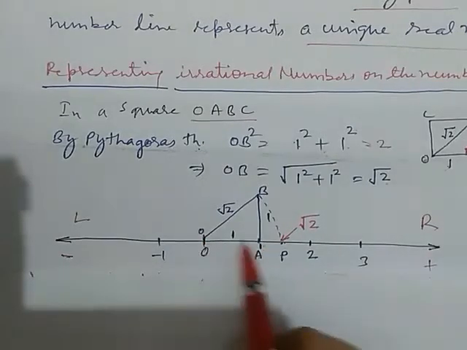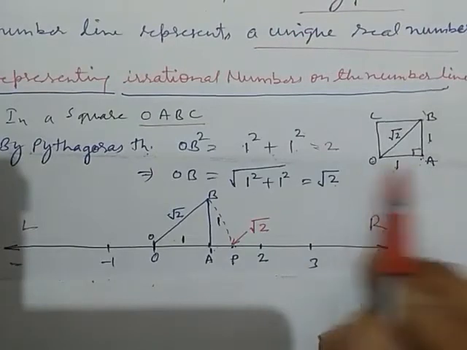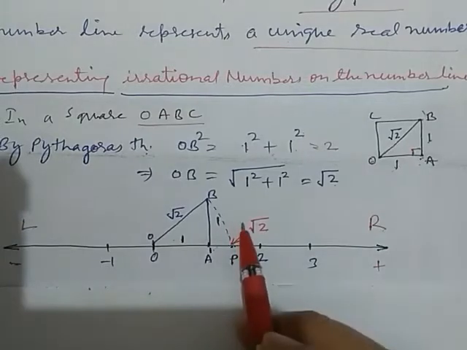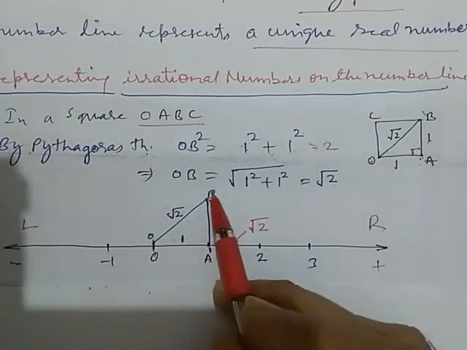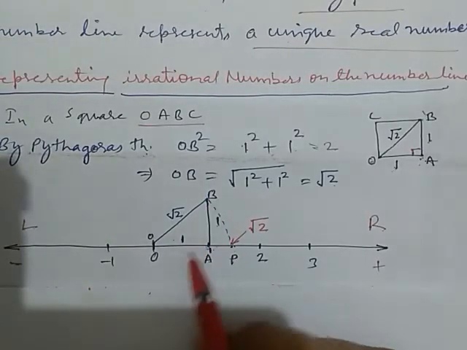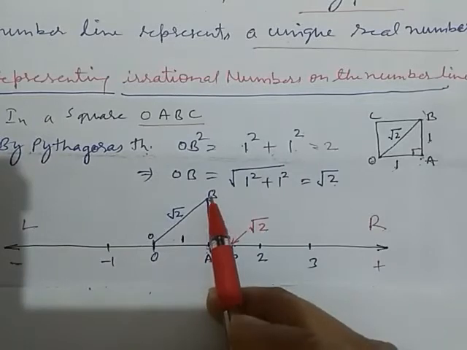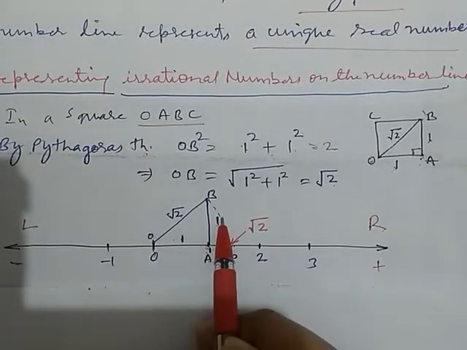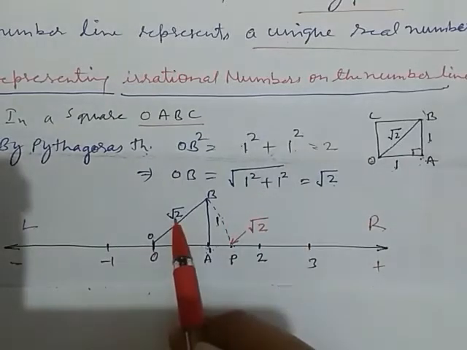This is 0, so 1 unit here, and we call this point A and 0 point O. So OA is 1 unit. Now we take AB, 1 unit also, but perpendicular to OA, that is at a 90-degree angle. So we take a perpendicular line having 1 unit length. Now check, this becomes a right triangle. This is the base, this is the perpendicular, so according to this the hypotenuse becomes root 2.